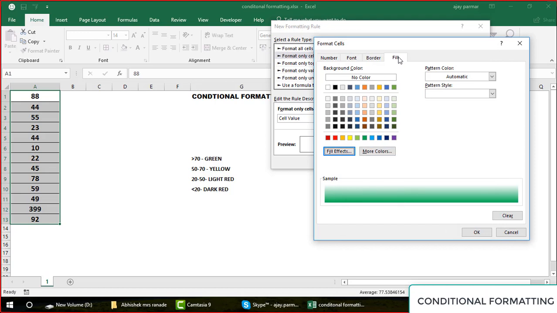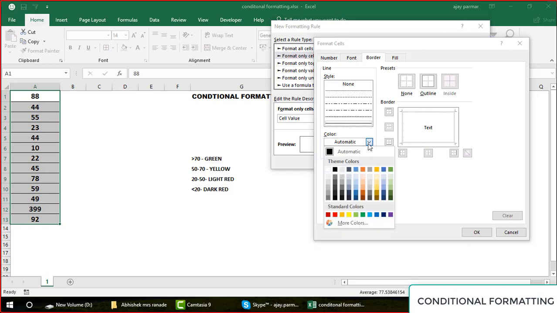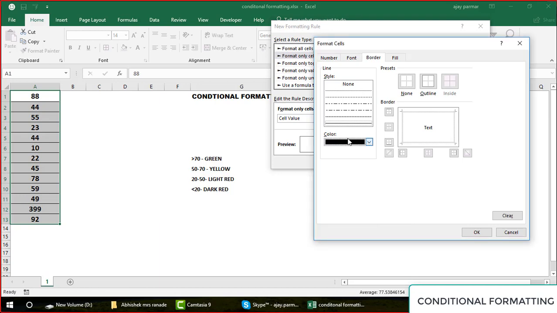Now this is in the fill color. Okay, now would you like to create any border for that cell? Well, I don't create it, but for you I will go and create it. So border, these are the border lines, guys. Let's say besides giving the green color, I also want to make a border. I'm just giving you the example. Let's say I want to make a black border with, let's say, this line. Select the line, click here, and you can see that it comes like this. So this is the cell border, and this will come if the cell is greater than 70, apart from the green color, right? Again, I don't use this.